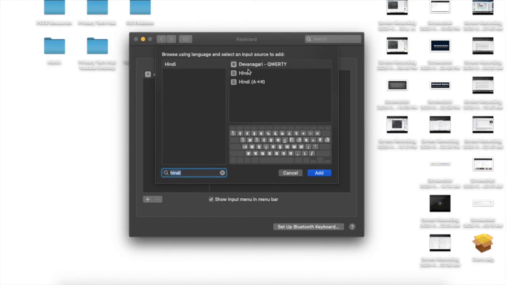And that's it. That's how you add keyboards to iPad and Mac. It's a bit more tricky on the Mac than it is to iPad,